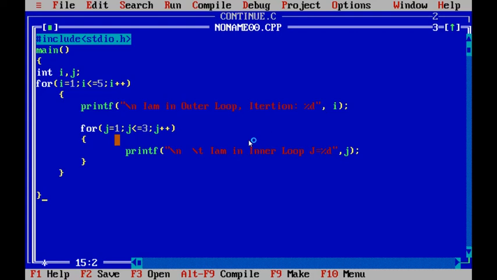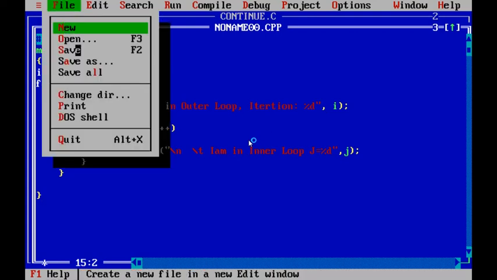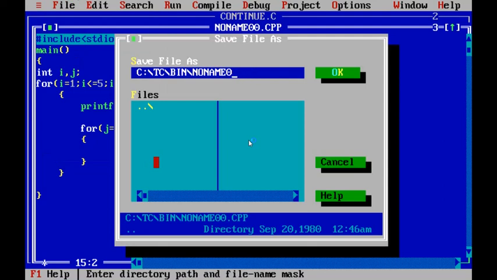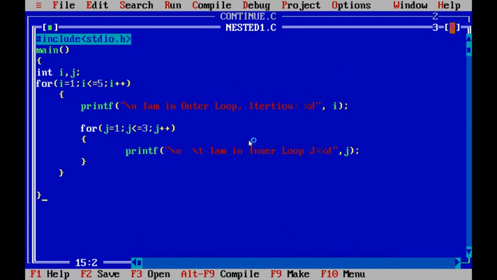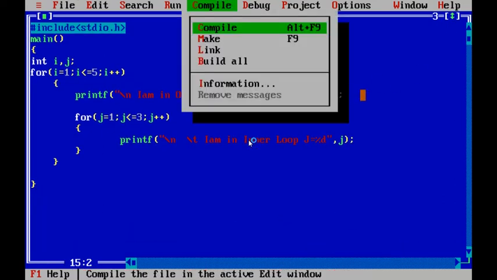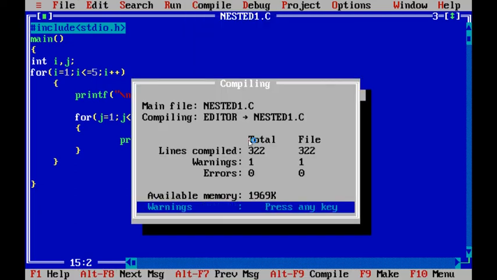Now we will save the program. Click on the file menu, save option. Now type the name nested1.c. Okay, compile the program, Alt plus F9.